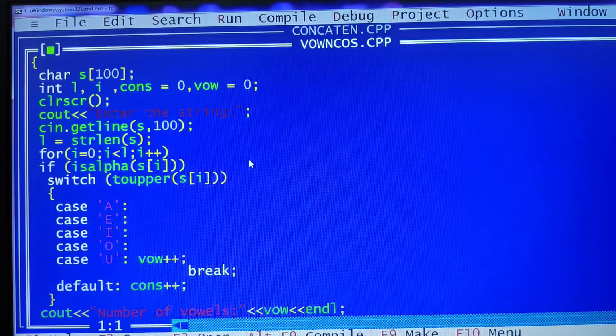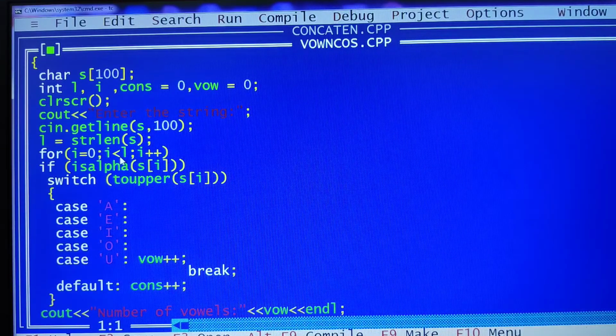Once the string is given as an input, we need to traverse it. In order to find out how many consonants and how many vowels there are, we need to traverse the entire string right from the first location till the last location. That is the reason I am using the for loop. For i equals 0, till what do you need to iterate? Up to less than the length value.